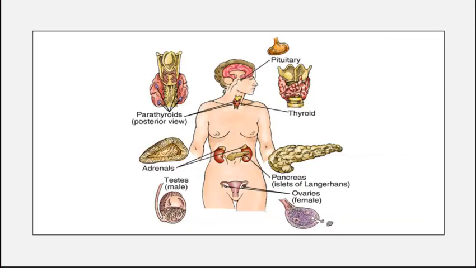So when we look at the body, we have our pituitary gland up here, and right above that sits the hypothalamus, and that's going to be like the data center and the managers. The hypothalamus, I call it the CEO. He tells the pituitary gland what to do, and the pituitary gland is like running the show. So it tells the thyroid, you need to secrete calcitonin because your calcium is high, we need to put that calcium back in the bone. Or we have a big nursing exam, so we're going to secrete some cortisol to keep us more alert. Ultimately, these all run together to keep you in homeostasis.